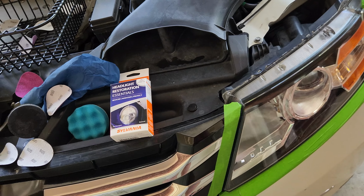Now, again, let me back up. Before using the clarifying, I cleaned both headlights with soap and water. Dried, then I used the activator, pulled that yellowing out of it, and I'm going to talk about one headlight. It applies to the other. After that was done, wet dry, on these particular headlights, I started at 1000. Again, they weren't bad, but if you have a really cloudy, foggy headlight, 600, you can do the 400. That's fine if you want to do that. That's your preference. But I started at 1000, then I went to 2000, and then instead of using the buffing